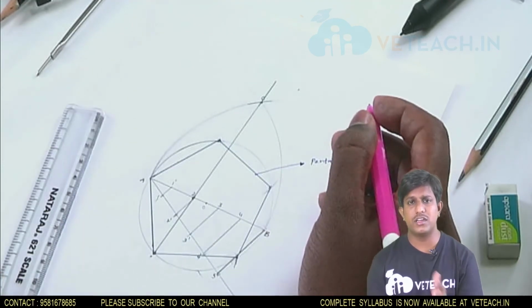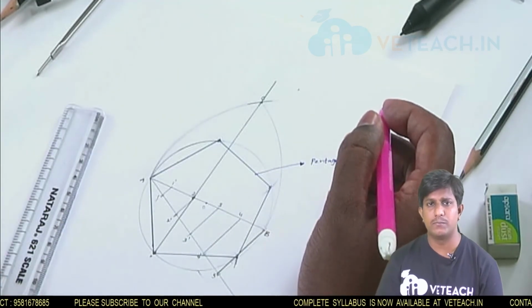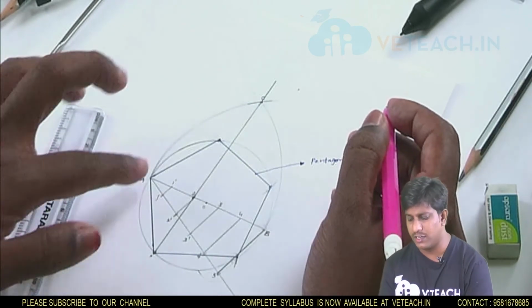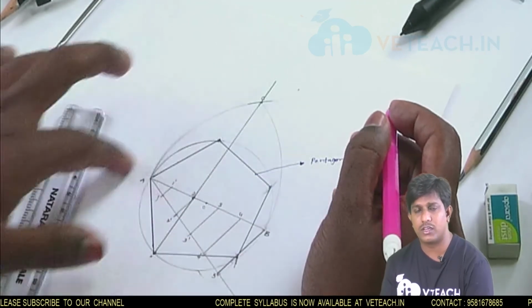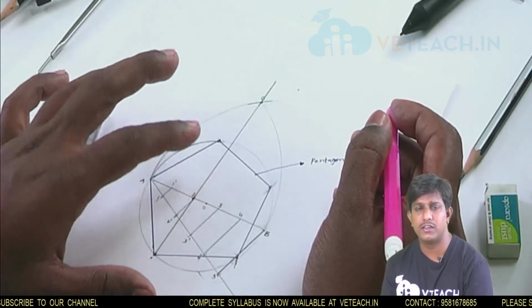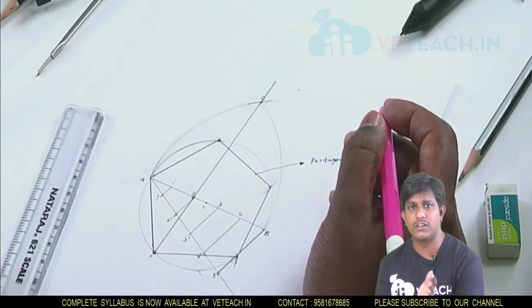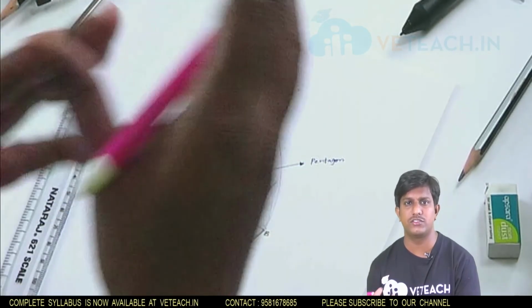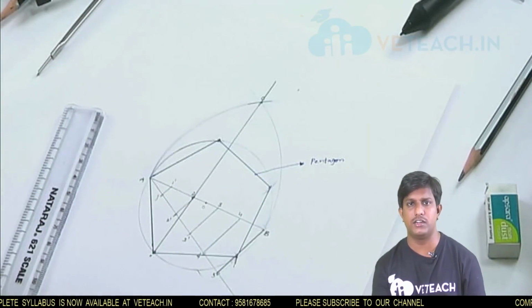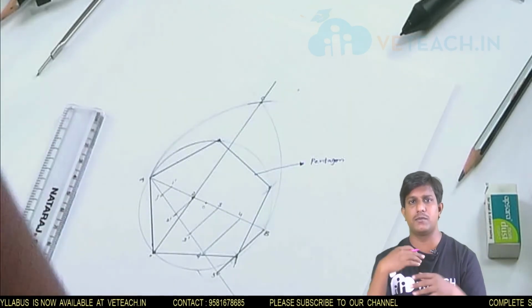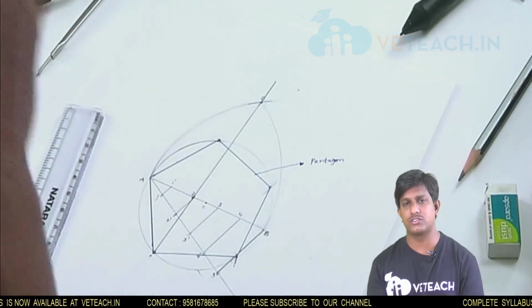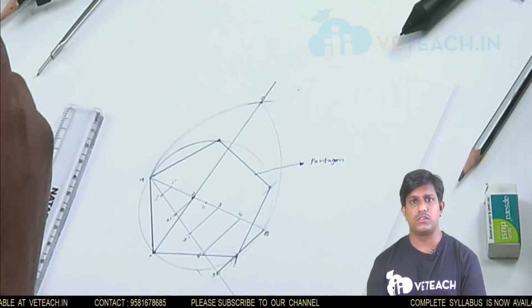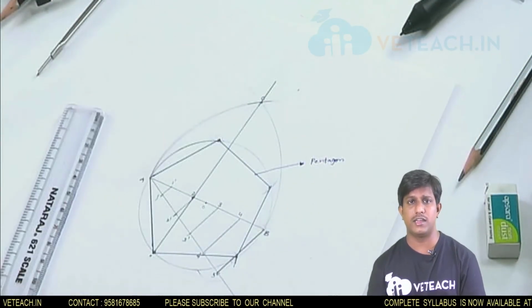The procedure is the same for the pentagon and the hexagon, but the difference between them is in dividing the line. For the hexagon we divide the line into 6, and for the pentagon we divide the line into 5. That is the only difference, and the remaining procedure is the same for the hexagon and the pentagon, or whatever diagram you are drawing. The procedure is the same for all the diagrams.